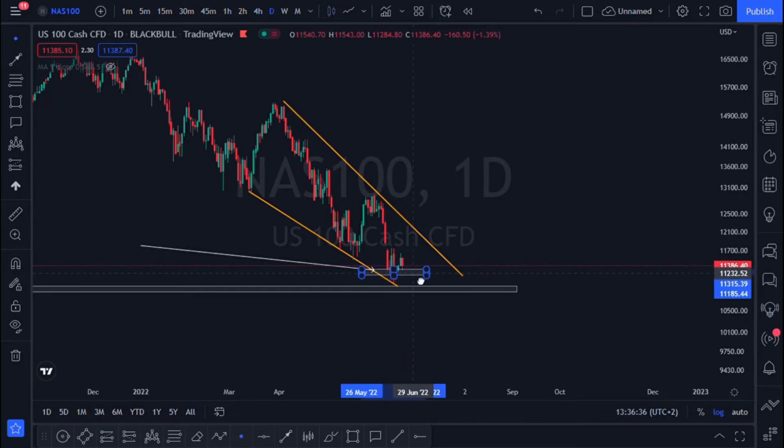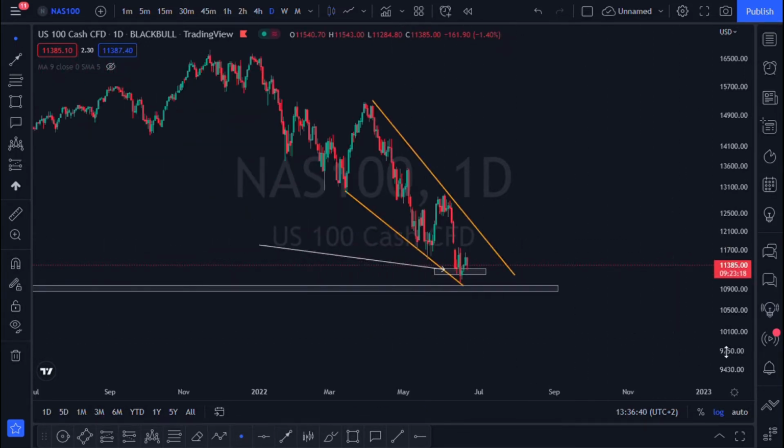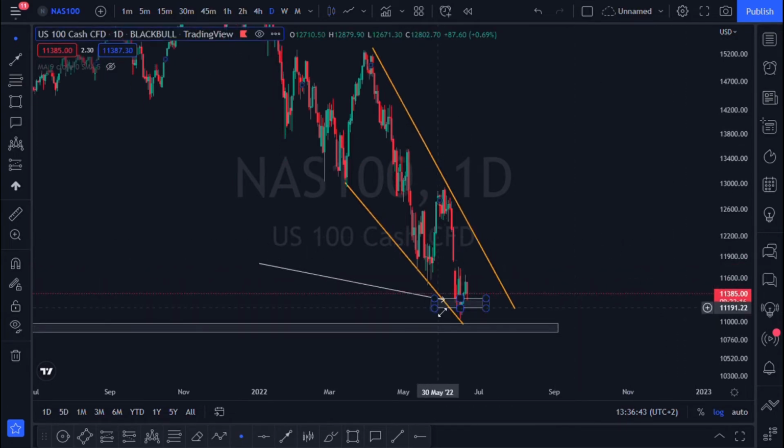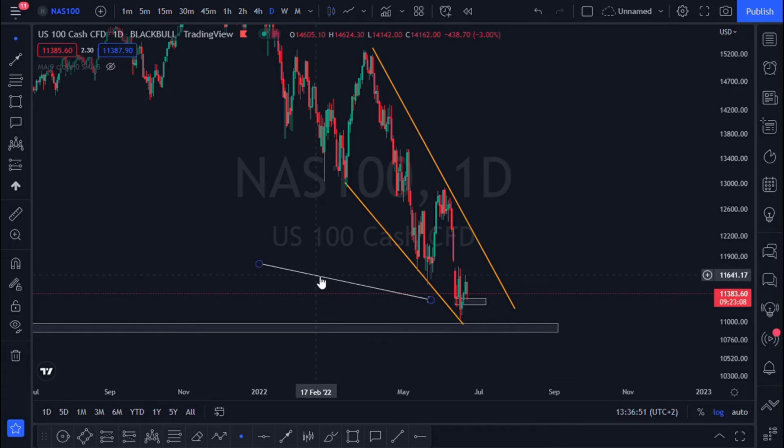Remember, guys, the best way for you to trade is if you wait. Patience is key. Patience will save you a lot of money rather than losing a lot of money in the process. So this is what our NASDAQ has been showing us. We've been looking at these beautiful weak rejections that have been happening right over here. And then if we zoom in towards the 4-hour,